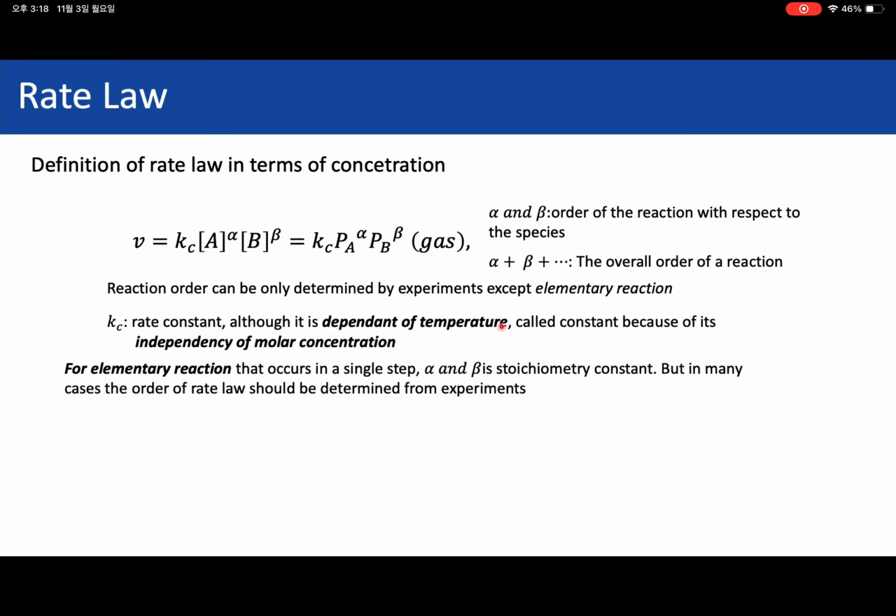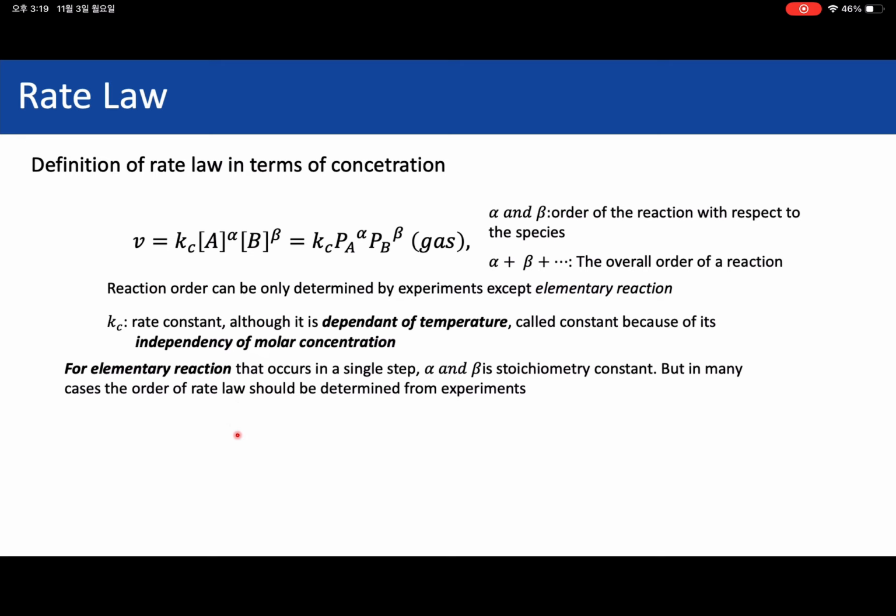And as I said here, for some elementary reactions, which occur in a single step, alpha and beta are the stoichiometric coefficients of the reaction. So for example, a simple A plus B reaction. There are some special cases where we can just use the stoichiometric coefficients for alpha and beta. In many cases, the order of the rate law should